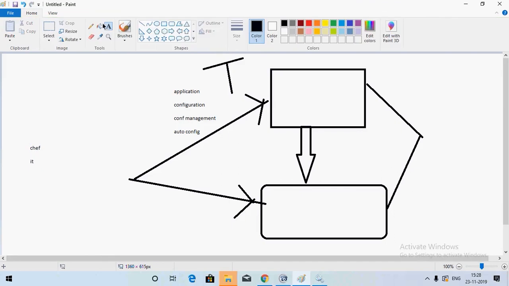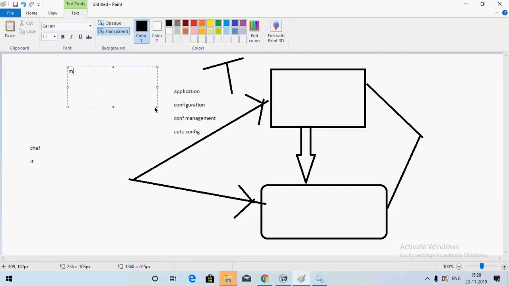So in Chef you use master and slaves. For some reason, the yes on my keyboard is not working again.